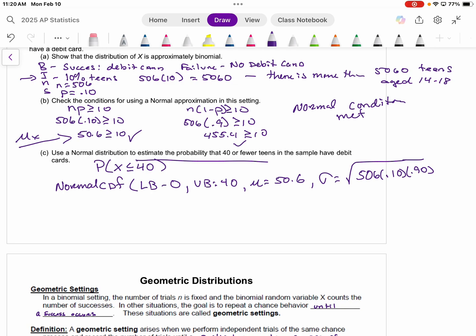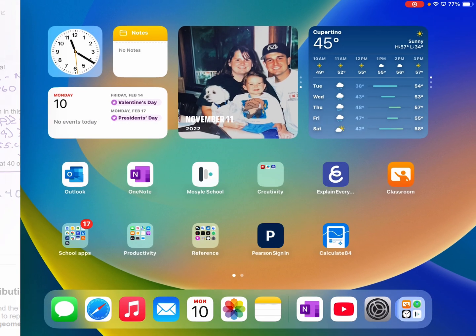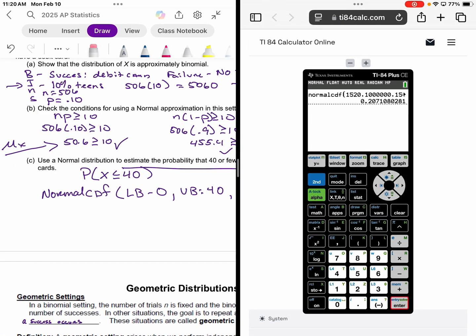And so now I'm going to split screen and grab the calculator. And boom, boom, boom. 2nd VARS normal CDF. And we're going 0 to 40. And then we had 50.6. And then in my square root, 506 times 0.1 times 0.9. That looks pretty good. Enter. 0.05812. So there's a 5.81% chance